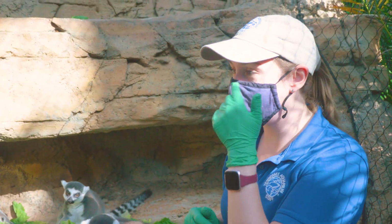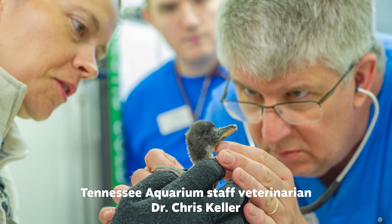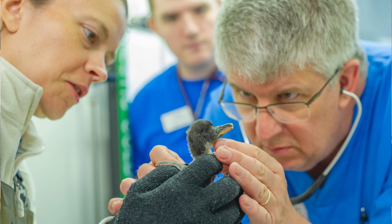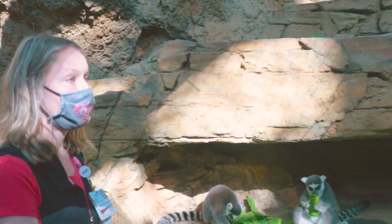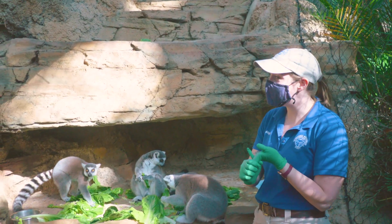So he has a little stitch on his nose that's left from that because it got infected. But we do have an amazing vet care team here. We identified the problem, started antibiotics and pain meds, and then was able to do a procedure and take that tooth out. So just like we go to the dentist and the doctors and eye doctors,